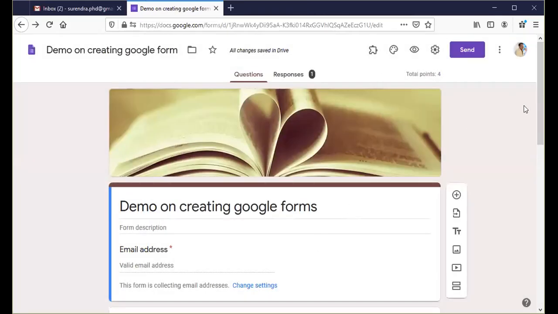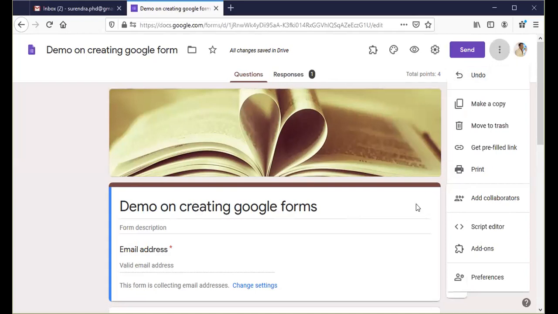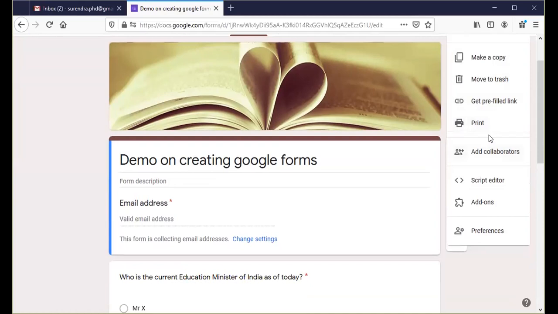And if you see these vertical 3 dots, there are some more options available. If you click on these, what you see here is make a copy. What is meant by make a copy: whatever questions you have created, if you want to make some small changes and send it as another one, you can click on make a copy, save it as a different one, and make changes. Move to trash, everyone knows it, you can delete it. You can print these questions, and add collaborators. If you are working on something interesting such as research, one can add collaborators so that they can also edit questions.